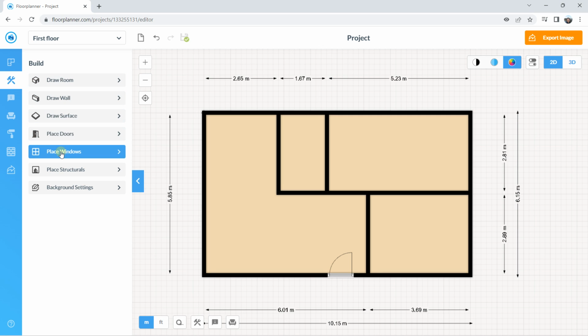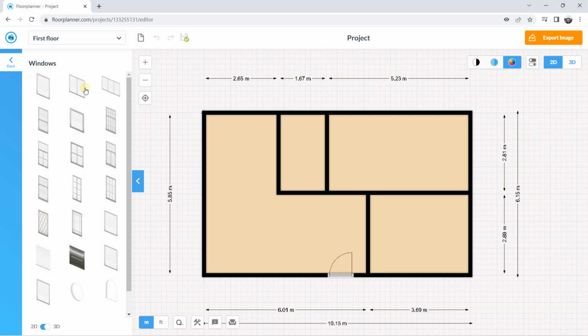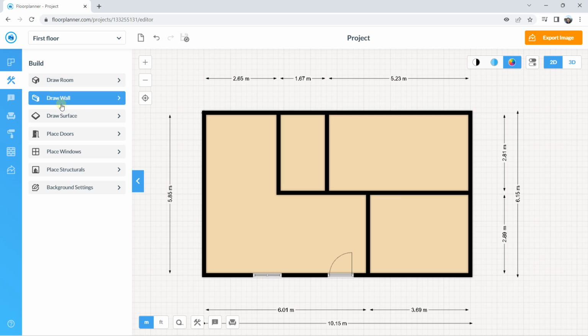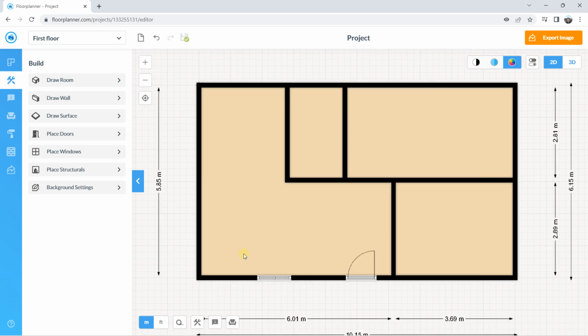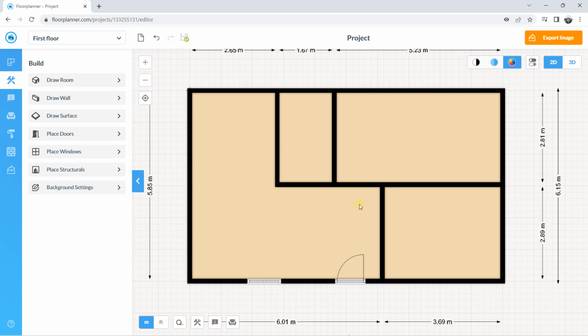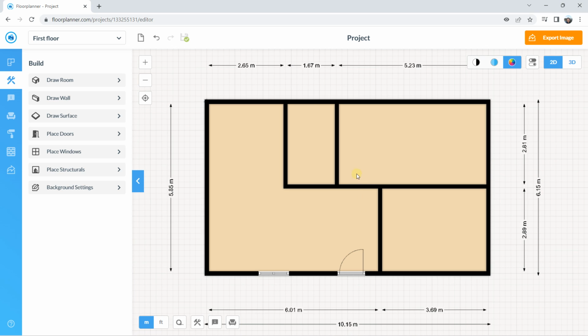You can also position a window. You can just drag and move a window, position your window. And a lot of things, it's just like this. You just drag and move on your element. So this is why it's perfect for interior design, perfect to earn time, perfect to definitely I have convenient tools